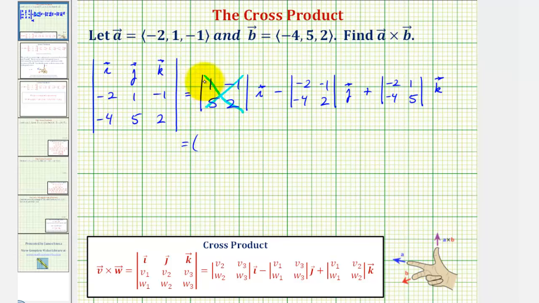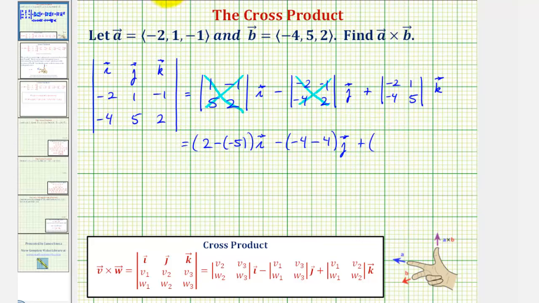So we have, again, 1 times 2, that's 2, minus -1 times 5, that's -5, times the unit vector i, minus, here we'll have -2 times 2, minus -1 times -4. Well, -2 times 2 is -4, minus -1 times -4 is +4, times the unit vector j, and then finally